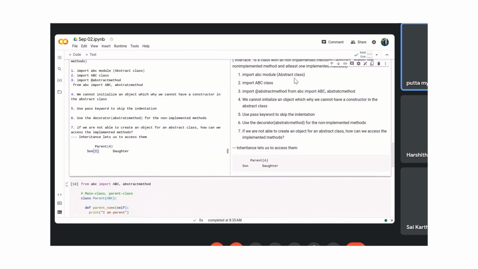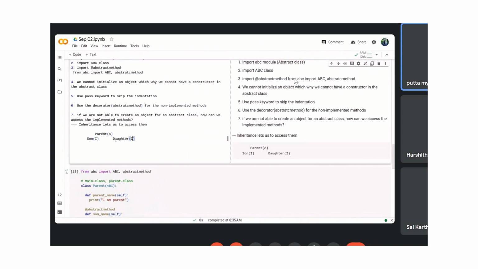I for the implemented class. Okay, see, now this son and daughter are the children of this particular parent. Okay, now what if